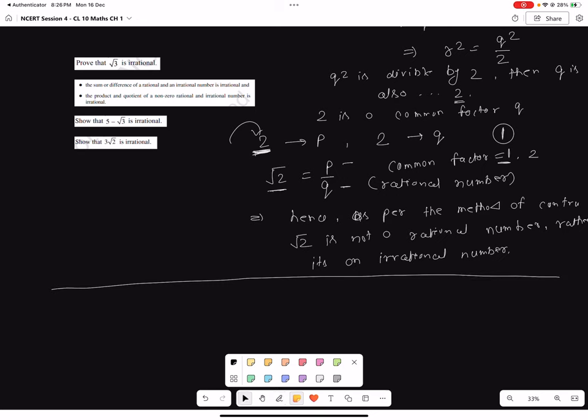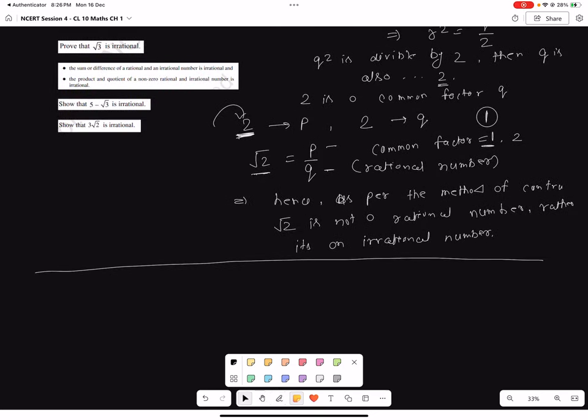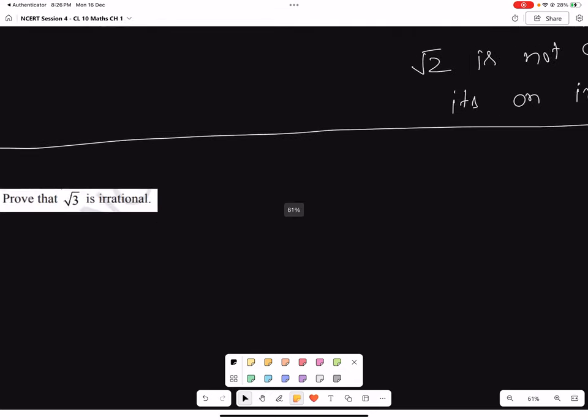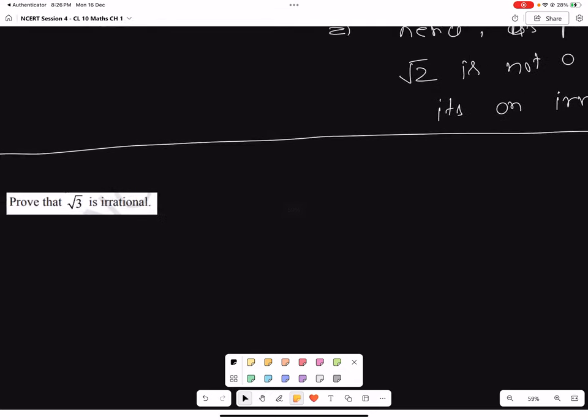So our next would be, let's apply the same thing on our next question, that says prove that root 3 is an irrational number. So the board is going to ask this question 100% every year. This question must come, and this question will come. So what would you do? You would just first write the theorem,